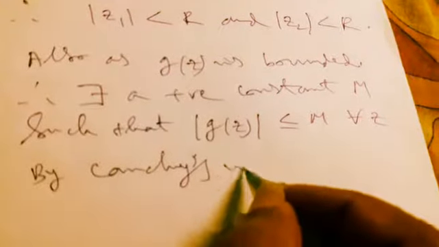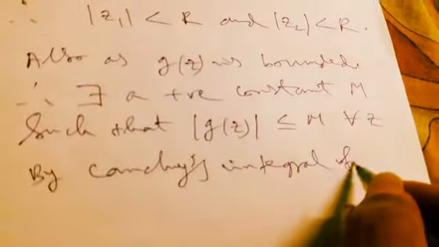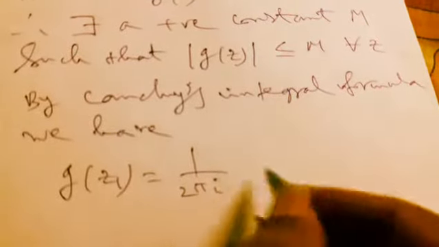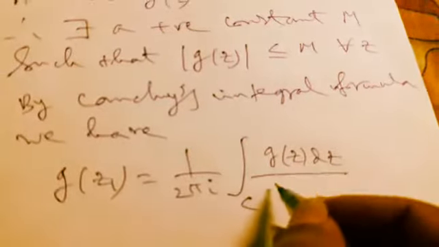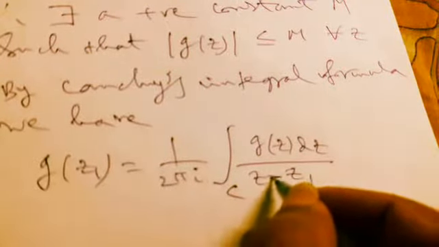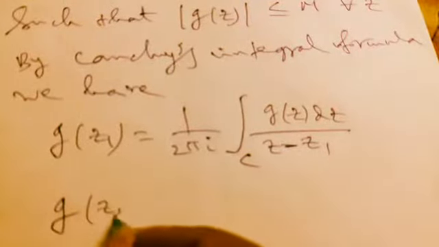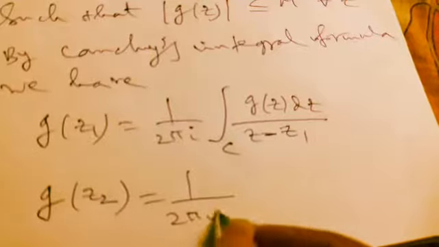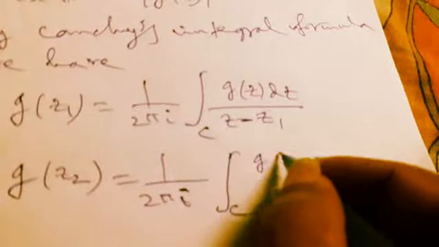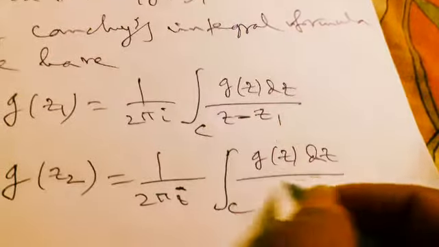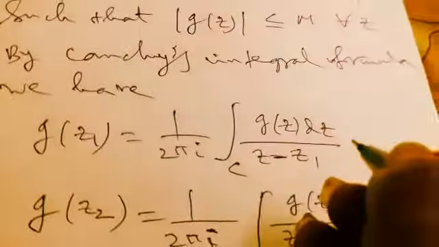Therefore, by Cauchy's integral formula, we have g of z1 is equal to 1 by 2 pi i integral over C g(z) dz by z minus z1, and g of z2 is equal to 1 by 2 pi i integral over C g(z) dz by z minus z2. We are using these two statements,